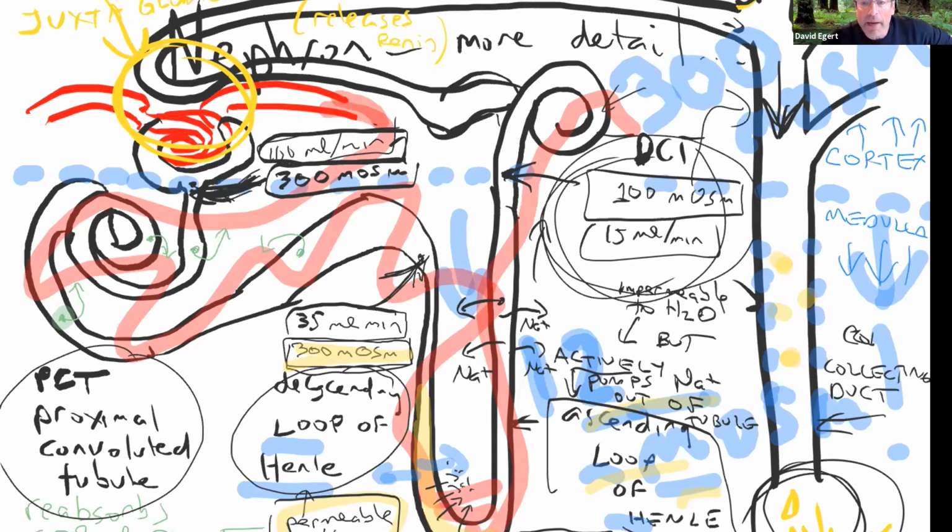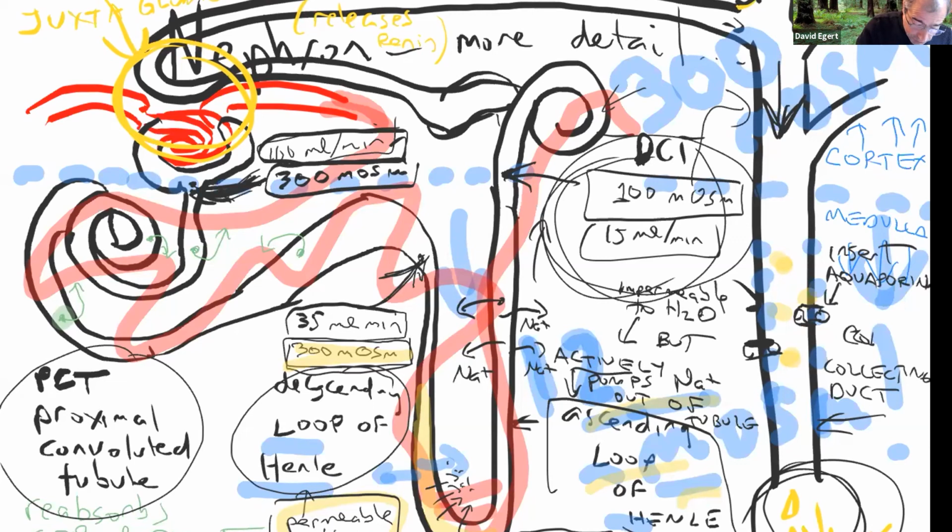What if I'm dehydrated and I want to keep more water in my body? What am I going to have to do? Reabsorb it. And I can reabsorb it by putting these little aquaporins in this collecting duct. You can tell from its name, aquaporin, it's a pore for aqua, for water. So if we insert aquaporins here in the collecting duct,